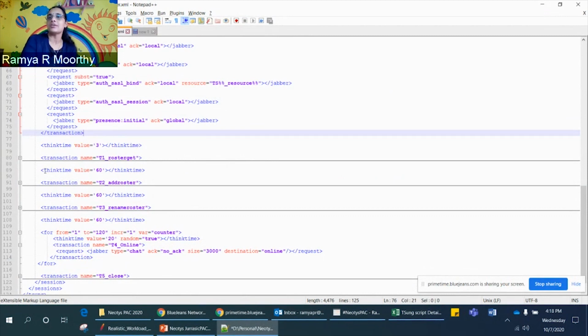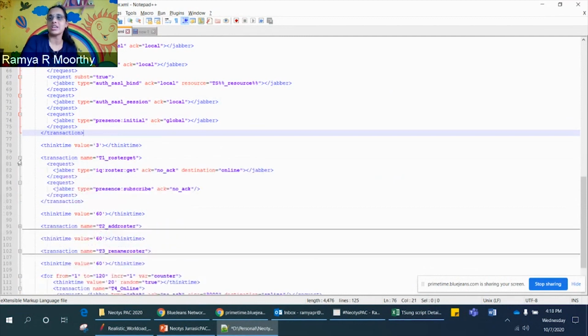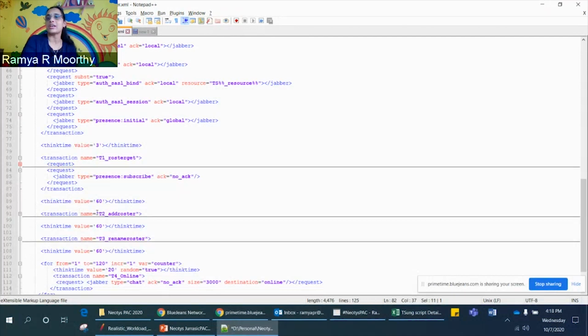So now you can see there are multiple transactions. The first transaction is where I have written, you go add a particular roster. First is a roster get. So I want to go and see how many contacts I have within my roster. So I have a think time. Again, I make this,